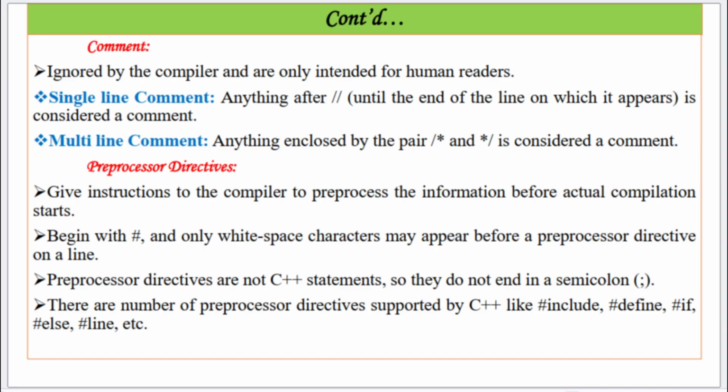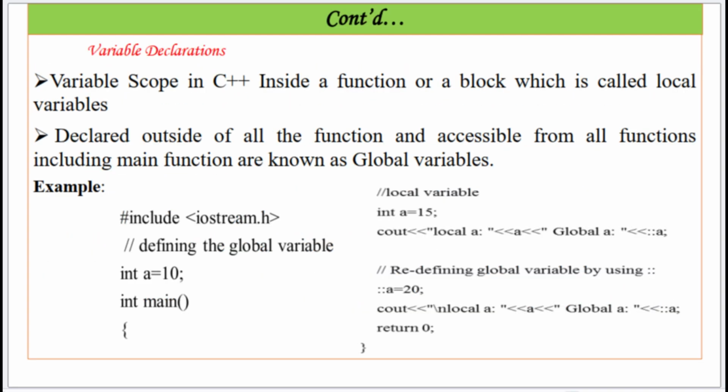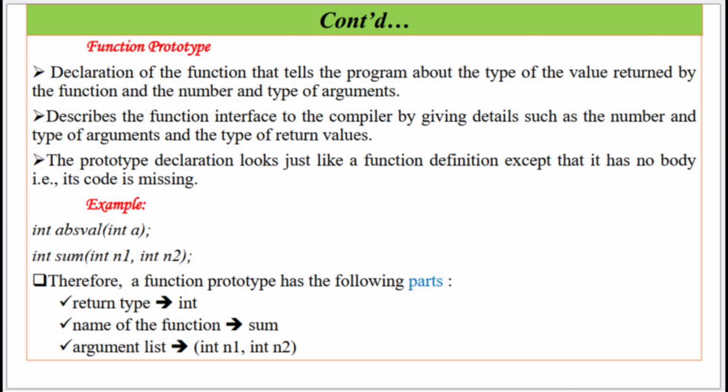etc. Variable declarations. Variables declared inside a function or a block are called local variables. Variables declared outside of all the functions and accessible from all functions, including the main function, are known as global variables. Example. Function prototype: a declaration of the function that tells the program about the type of the value returned by the function